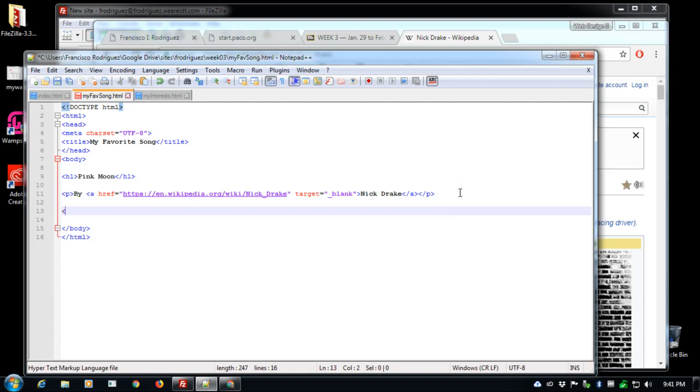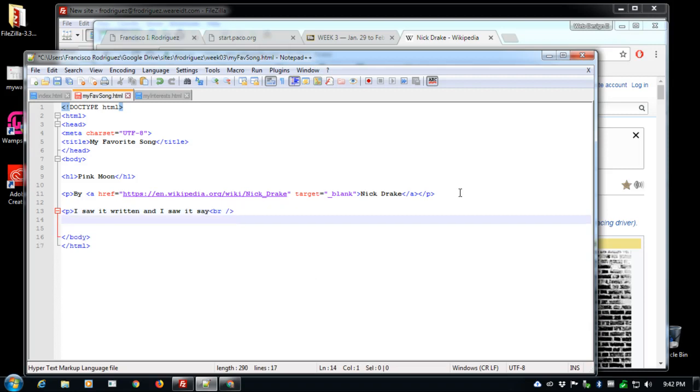Okay, so here come the lyrics. I'll start with a paragraph, and I'll do it as well as I can remember. I'll probably look it up in a little bit. Then rather than closing the paragraph, I will do a break here, go to the next line and continue.